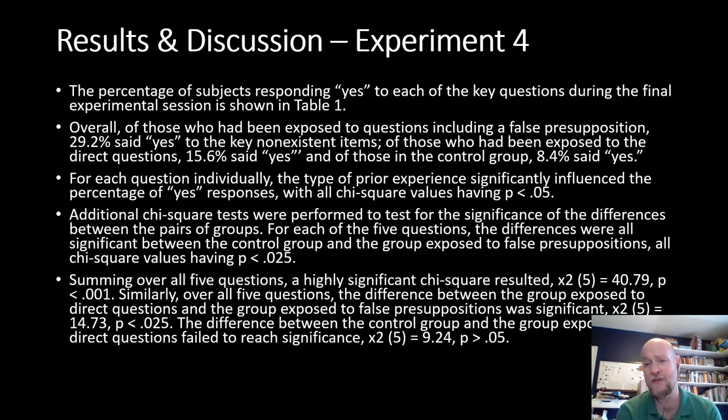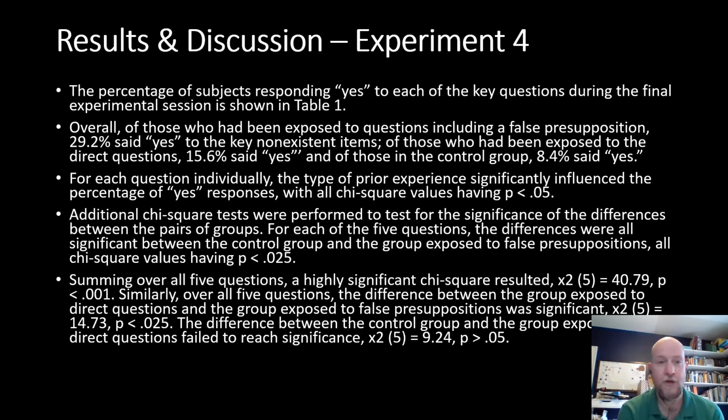The basic interpretation of this is that for those in the control condition, you see the lowest number of yes answers to things that were not present in the video. For the direct question, you see an increase, and then you see an even more substantial increase for those that have the false presupposition questions with the context included. So for each of these questions individually, the type of prior experiences significantly influence the percentage of the yes response. All chi-square values less than 0.05. And just as a reminder, that means there's a 5% chance or less that these types of findings were due